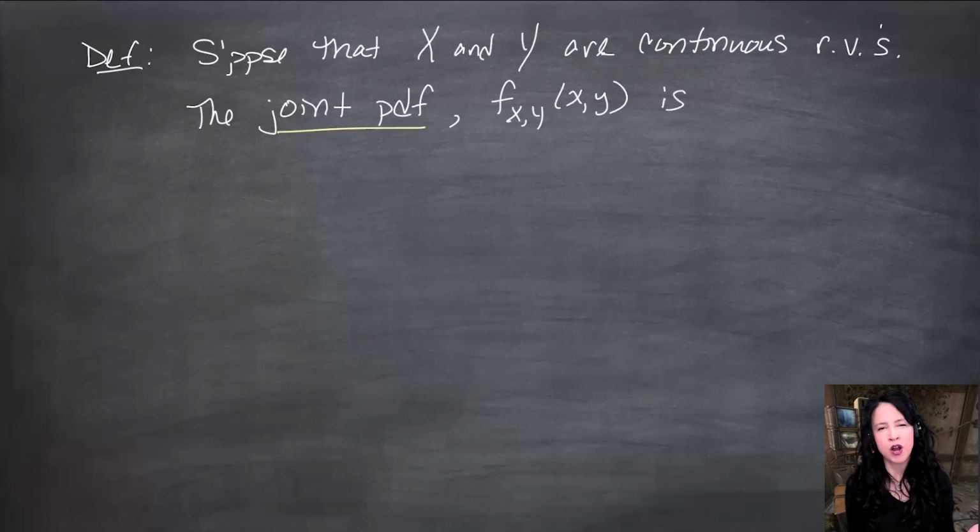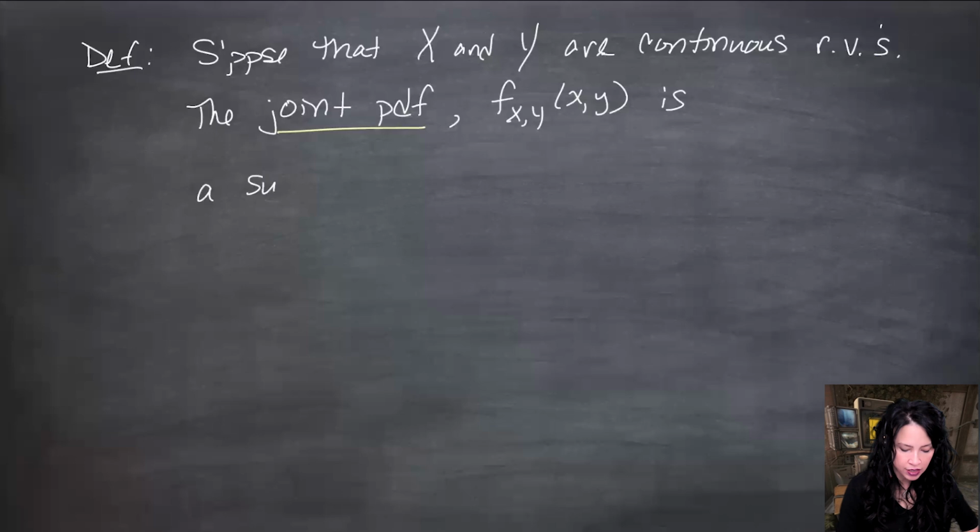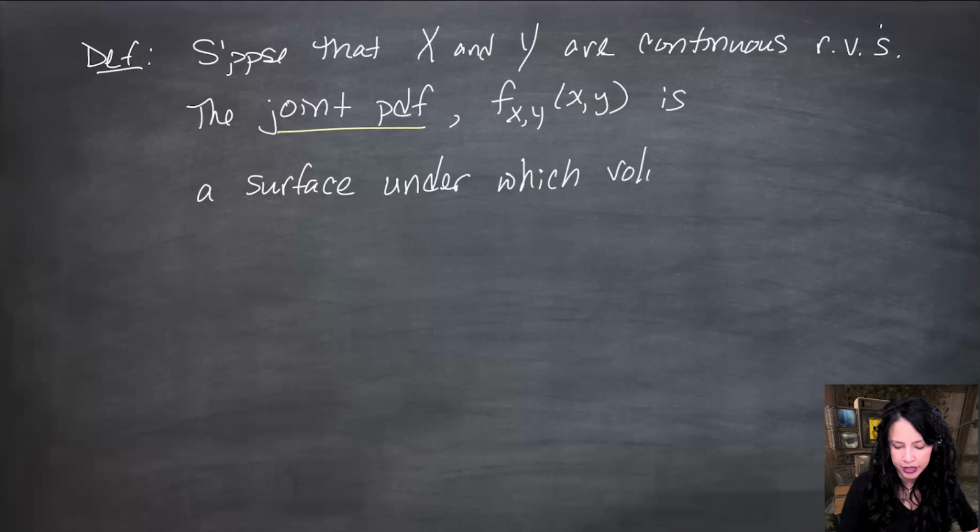So it no longer represents probability because these are continuous, and we have the same issue we had in the last class, right? If you can measure someone's height with infinite accuracy, the probability the next person is going to be exactly 64 inches tall or whatever is 0. That's just too hard to do. The joint probability that X = 1 and Y = 3 for continuous random variables is always going to be 0. So in the continuous case, the PDF turned out to be a curve under which area represented probability. And now we've got something two-dimensional. So this is a surface under which volume represents probability. We've got to do some double integrals now.